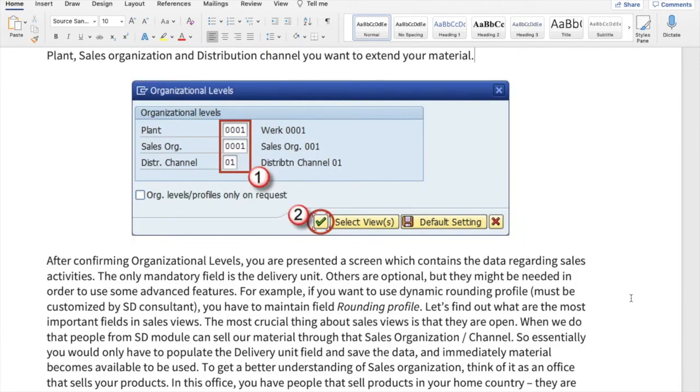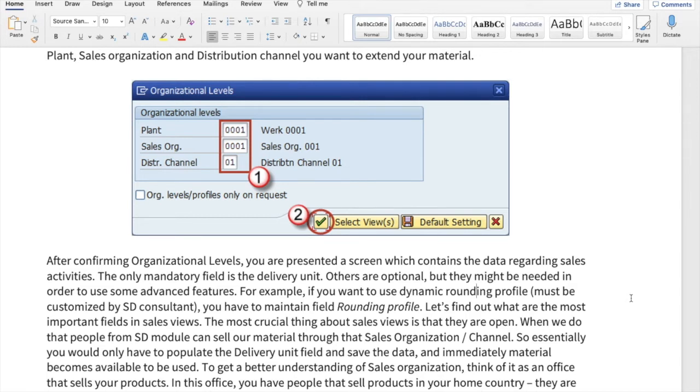This is actually, if you come to the previous screen where we created the distribution channel and the sales organization and plant, there you can identify what other sales activities need to be done.